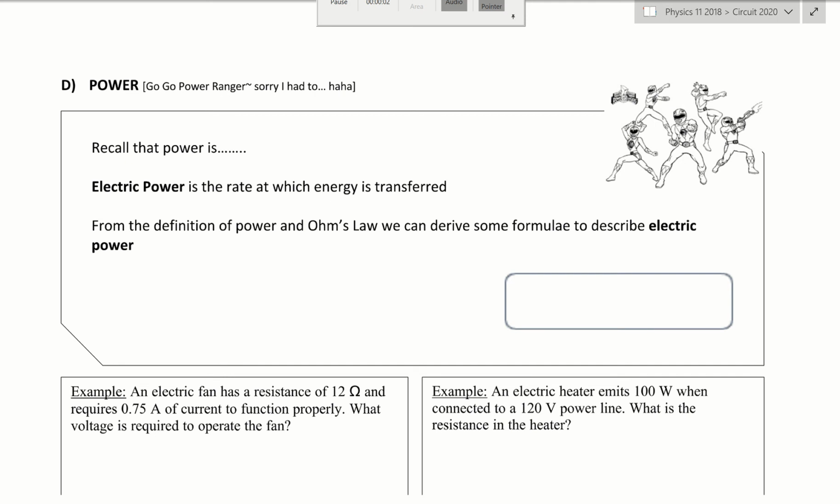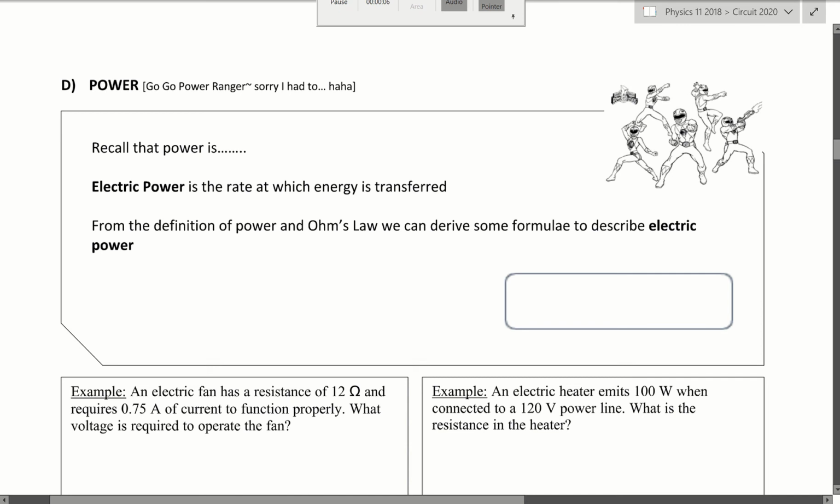Hello everyone, this is part 2 of the day 1 circuitry Physics 11 notes, and we are going to continue